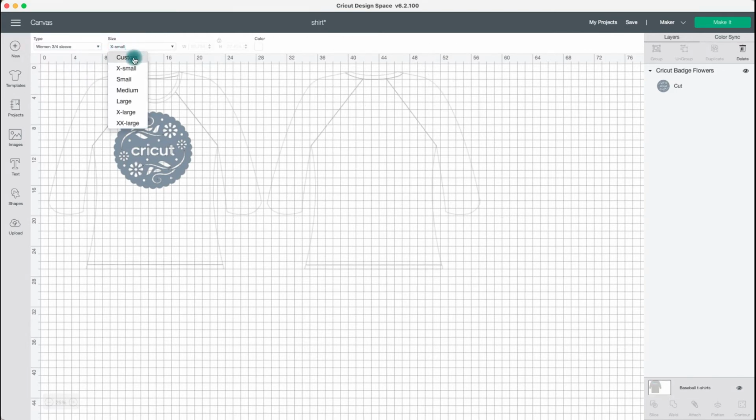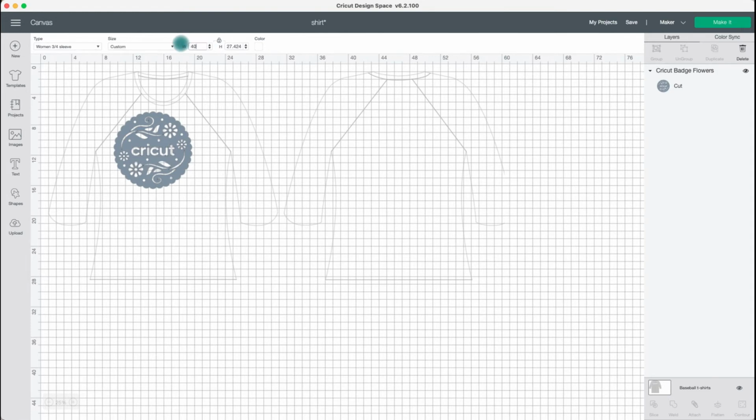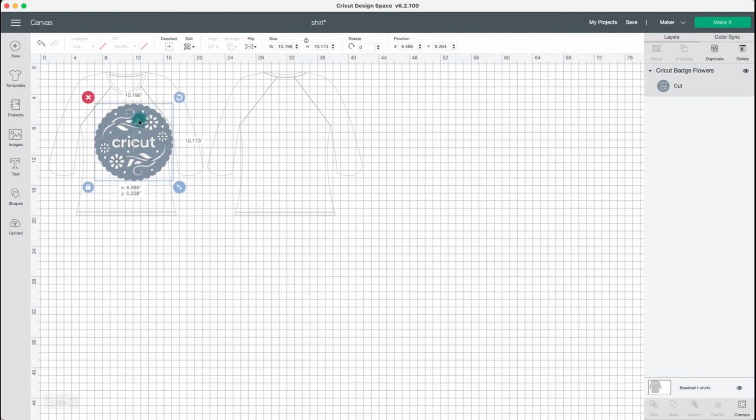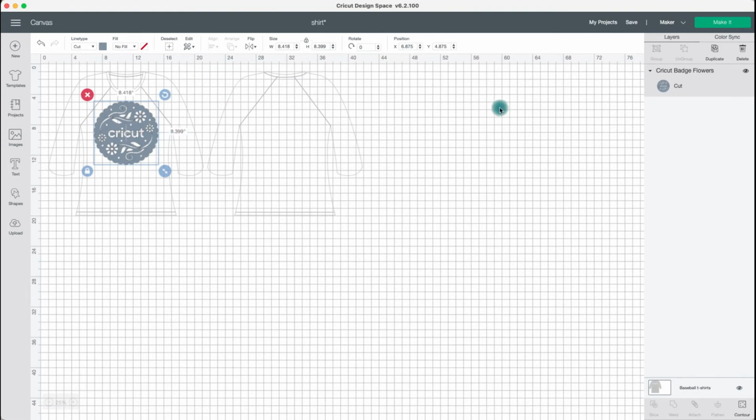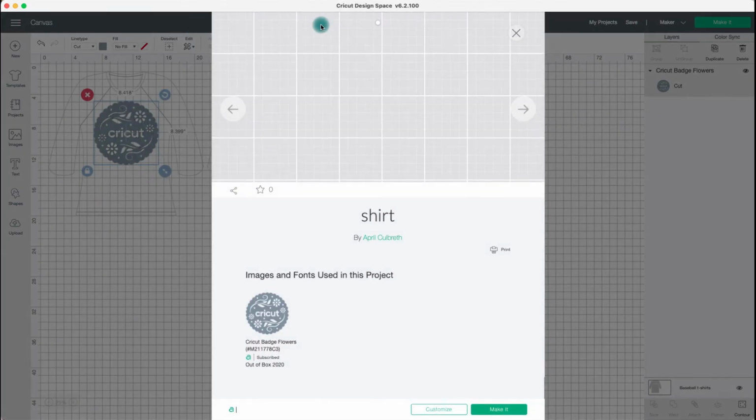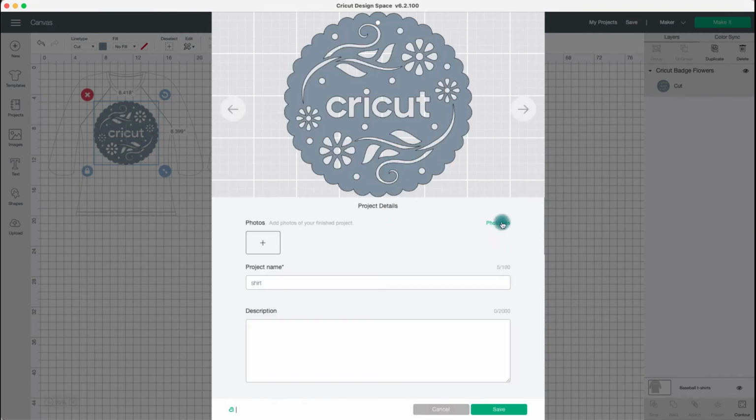If I want to do it in a custom size, and I know that I want it to be 40 inches across, that's front and back, so it's 20 inches for the front, 20 inches for the back, and I've got it all sized. Now what I'm going to do is I'm going to save it. I've made my notes, I've written them down, and I'm going to click on my title. I'm going to edit my project details, and I'm going to type in my template size,